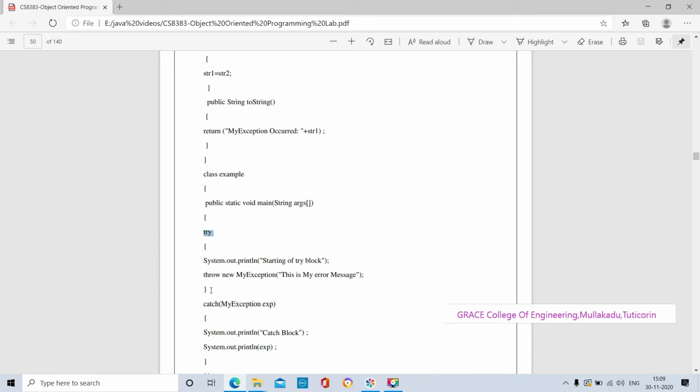So, a try block must be followed by a catch or finally block. If a try block is available, a catch block will be available, and throw is for the control flow from try block to catch block. Sometimes we use throws, for the purpose of exception control flow without any try block and catch block. If we do not use try block and catch block, at that time we use the throws keyword.